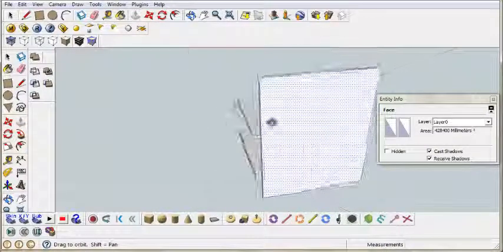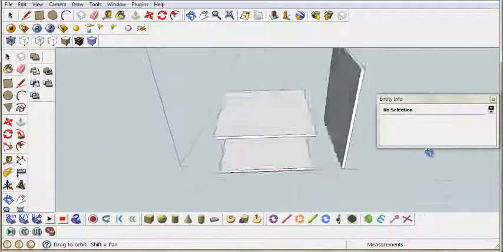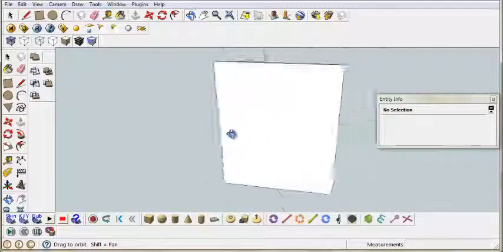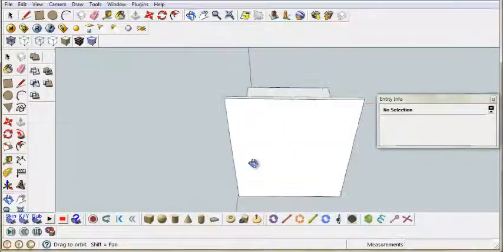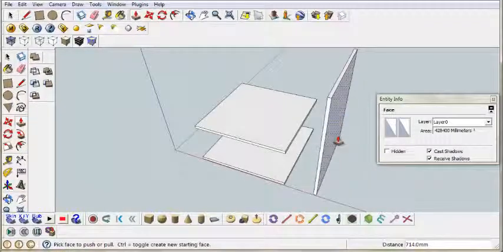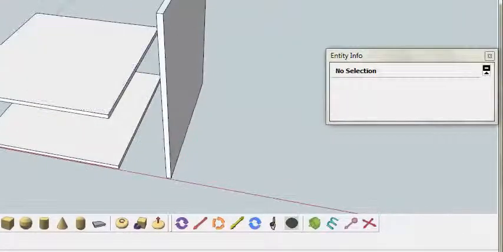Right, that's the left panel, 714, and the height is 714. The thickness is 18 mil, and the width, or I mean the depth, is 600. Next, what we're gonna do is